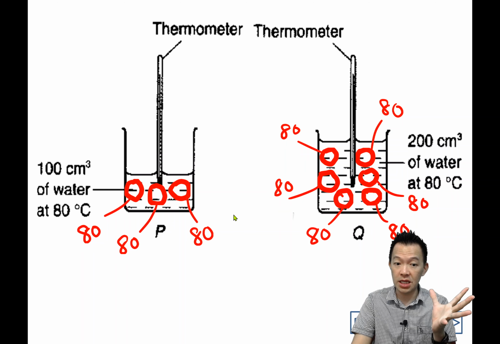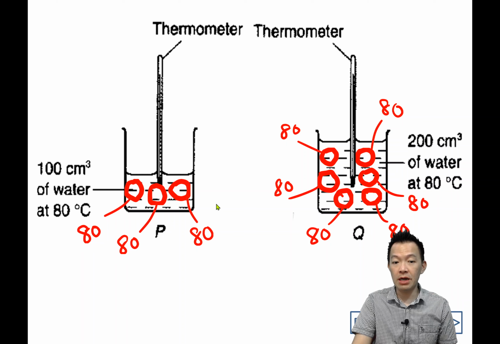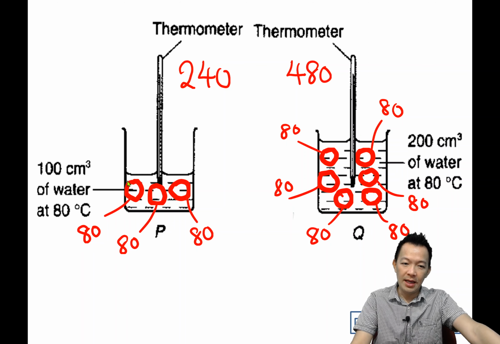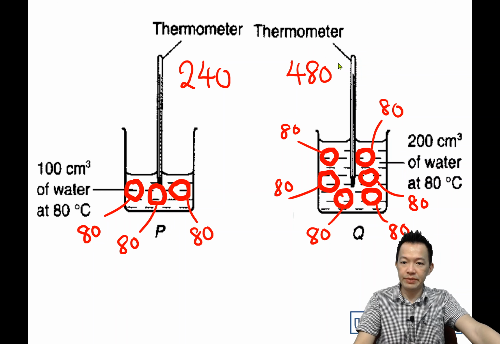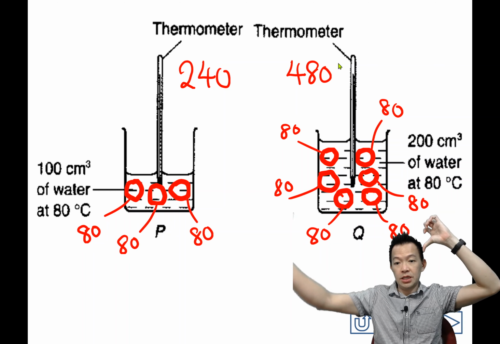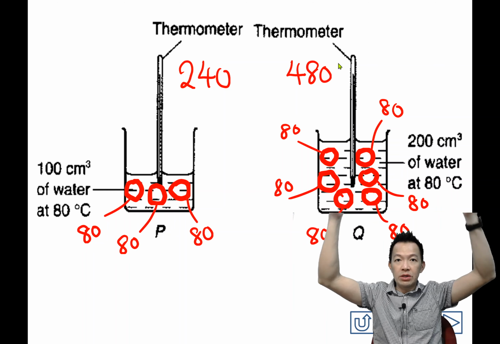就是全部的 particle 总共的能量。So for beaker P, how much is the total? 240. And for the beaker Q, how much is the total? 480. Okay, so now 你看到了什么东西？两杯一样热的水,80度对80度。But which beaker contains more heat energy? 哪一杯它的热能比较多呢？Q,因为它的热能比较多。